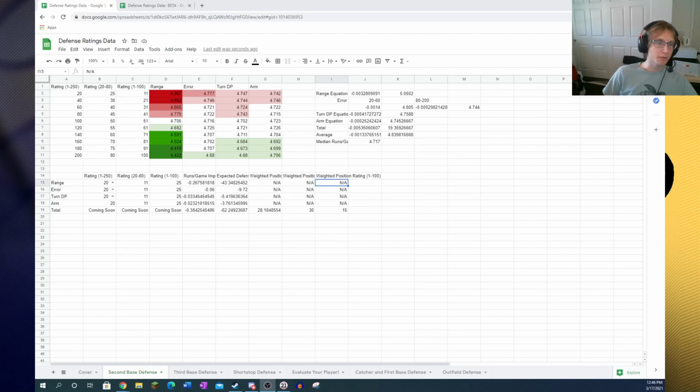Hey guys, checking in with our very first spreadsheet update here today, and I've made a couple of pretty significant changes since I released it a couple of days ago. So the first thing that we're looking at is, of course, we have a completely new system